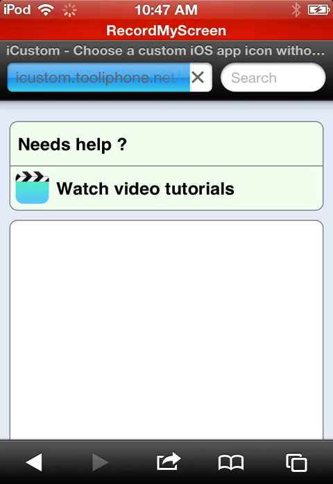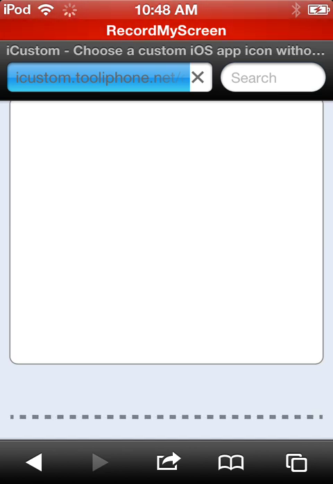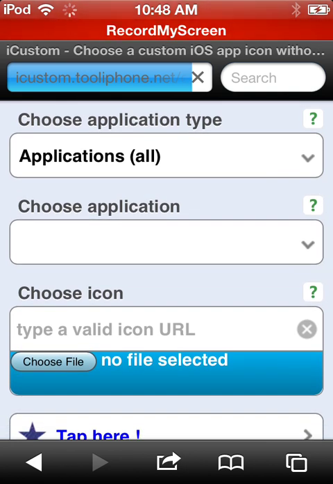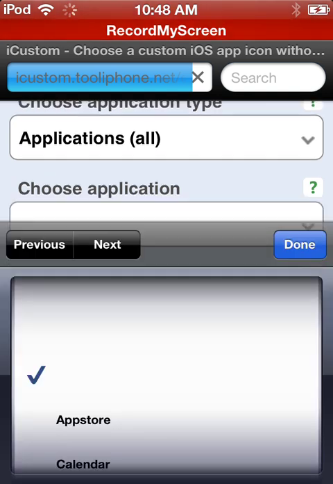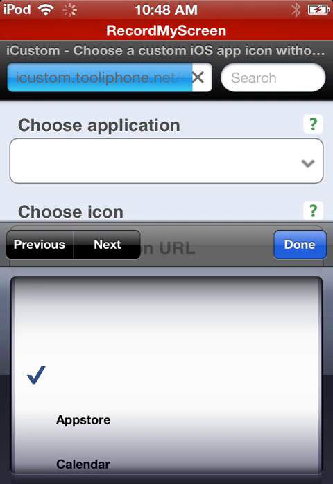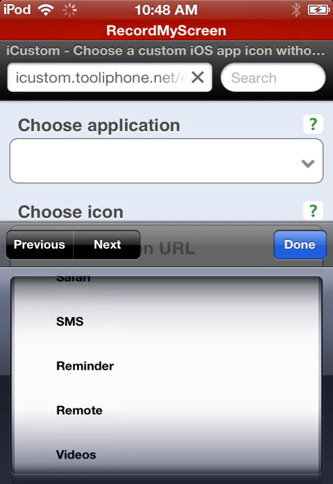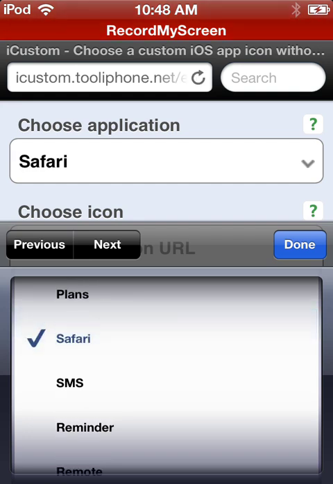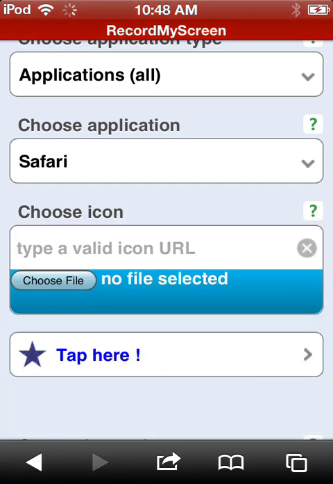Okay, now I'm gonna go down. Okay, so I have to choose the application again because I went out of Safari. So I'm gonna go choose application, and I'm gonna go to Safari. Okay, there it is, Safari. Now I'm gonna click on Done, and I'm gonna click on Choose File,